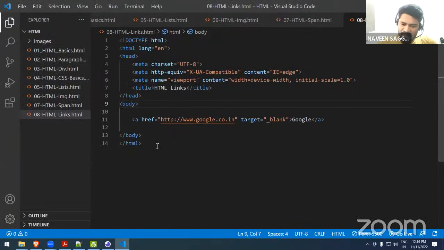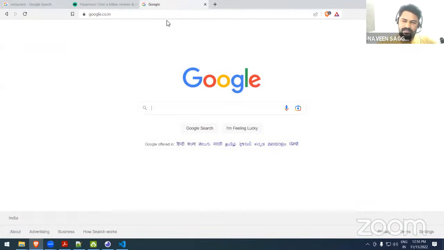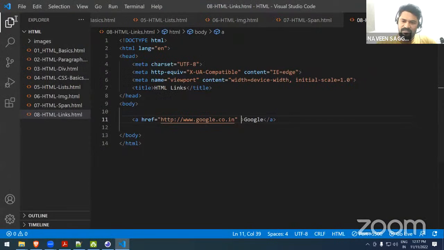Okay. If it is a local link, then you can make it without this, so it loads here only. See, if I don't mention underscore blank, it loads here only. But this is not the way you have to do it for external links. An external link, you always give target underscore blank, whether it is Facebook, Google, whatever. If it is a local link, then go with the local. And one more thing, see here,